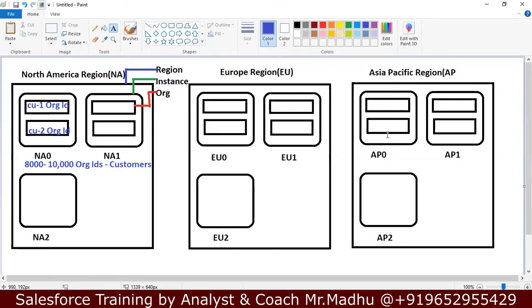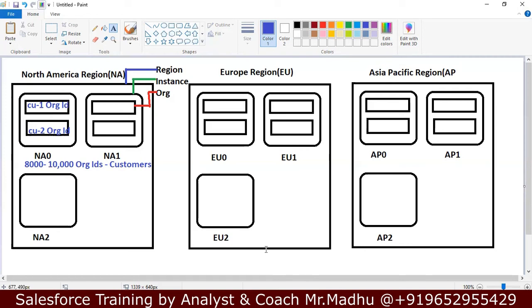They started business in the Asia Pacific region. There they first set up AP0 and allocated memory space. They created ARGs for 10,000 customers, and since this server was full, they set up one more instance, AP1. Like this, they keep on increasing.